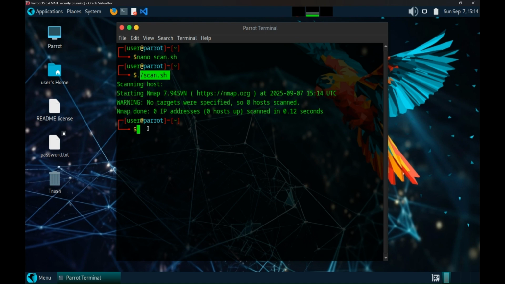And now let's talk about arguments. These are the values you pass when you run your script. So here $1 is the first argument passed to the script. So run it like this. Just include the script and then 192.168.1.10 and run. So this is starting the nmap and